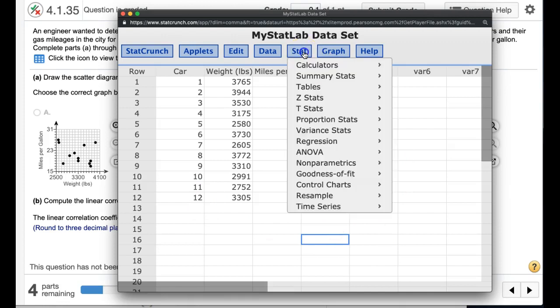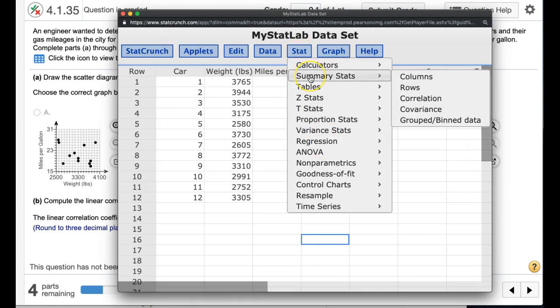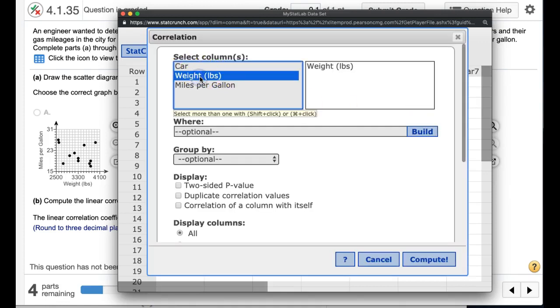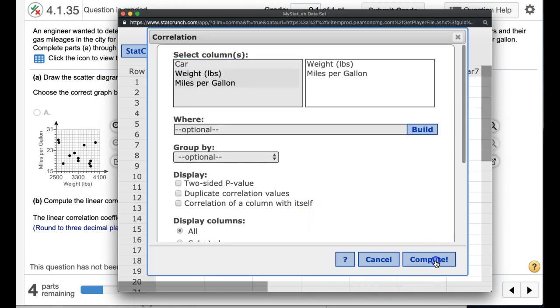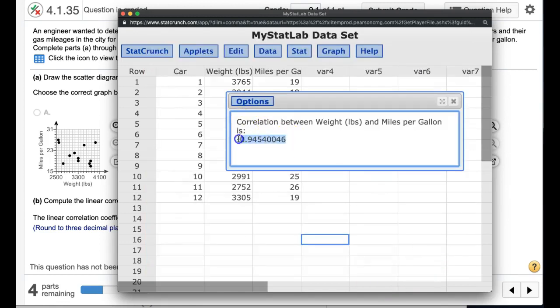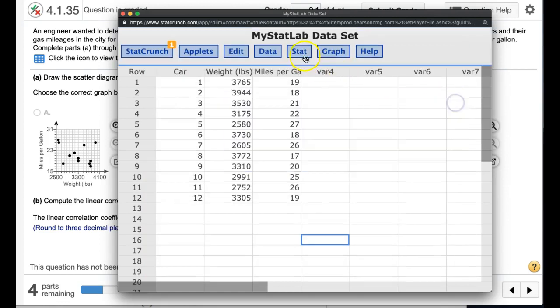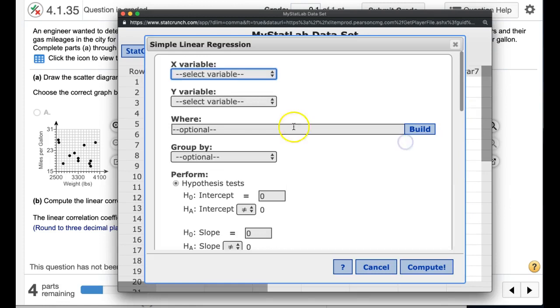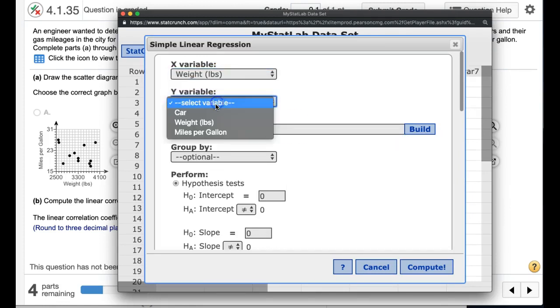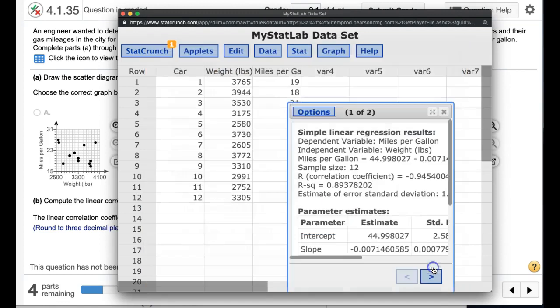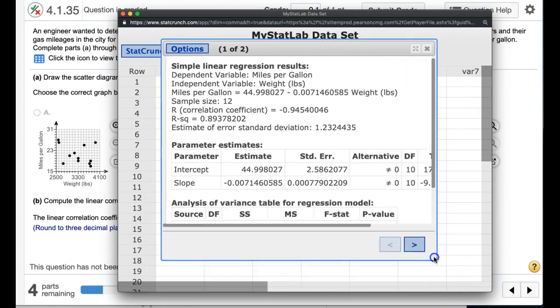Then we're going to run the regression, simple linear. The other thing you could do is run summary stats correlation just to get the correlation coefficient. You could run that on weight and miles per gallon, compute, and then you get the correlation coefficient. So that's one way to do it. The other way is to run a regression, simple linear, with weight and then miles per gallon. Weight would be explanatory, miles per gallon would be the response variable, compute, and then you end up with your correlation coefficient again, negative